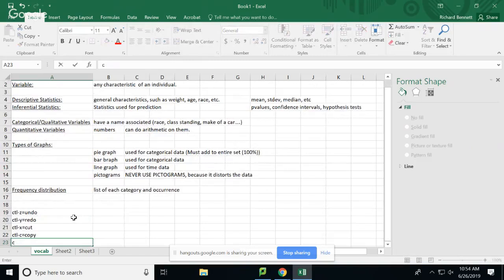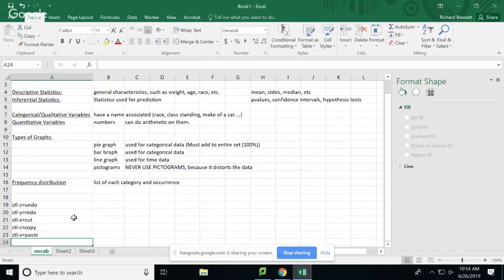And Control V equals paste. Okay, you'll like those. Those will come in very handy for you. Now the nice thing about the X, C, and the V, they're all next to each other on your keyboard, so you can kind of remember that way. Okay, so going back to here,